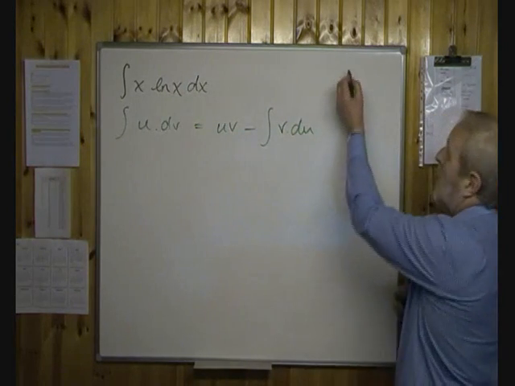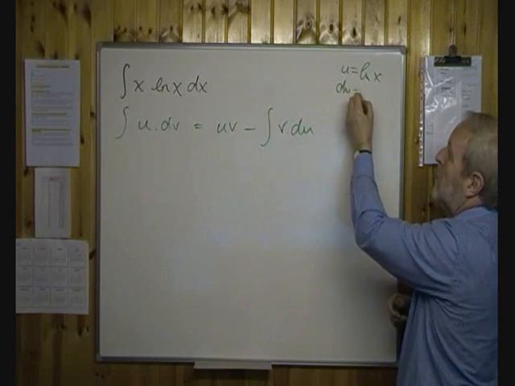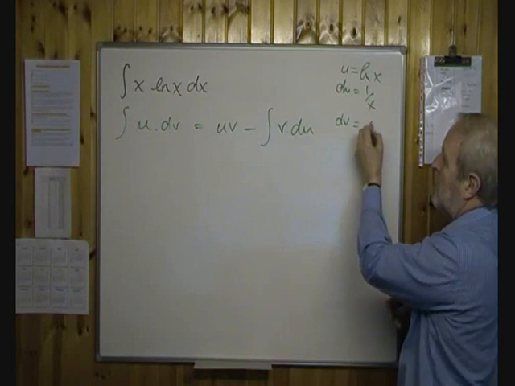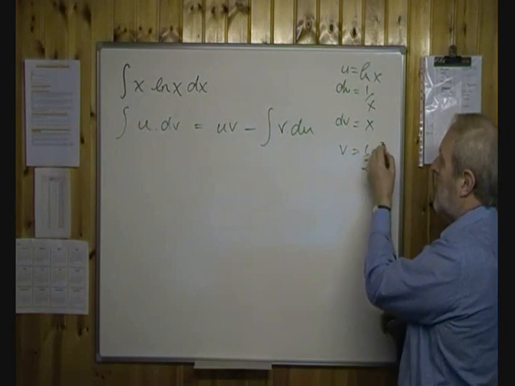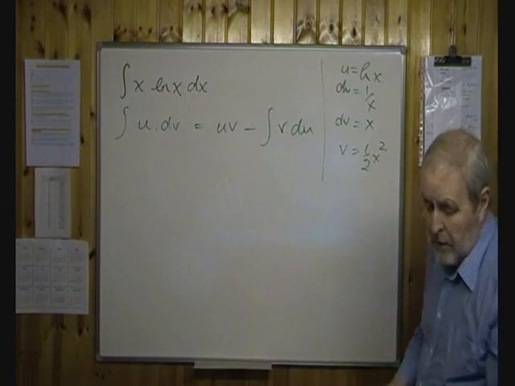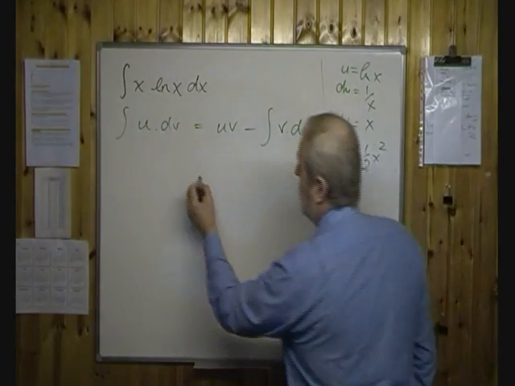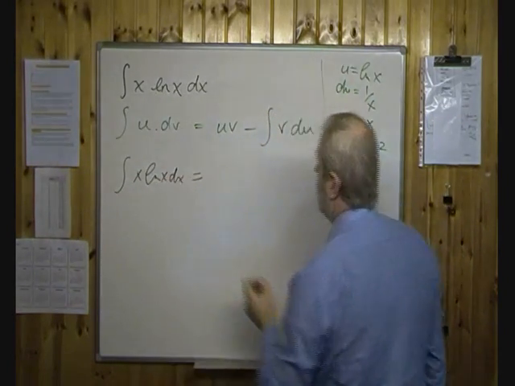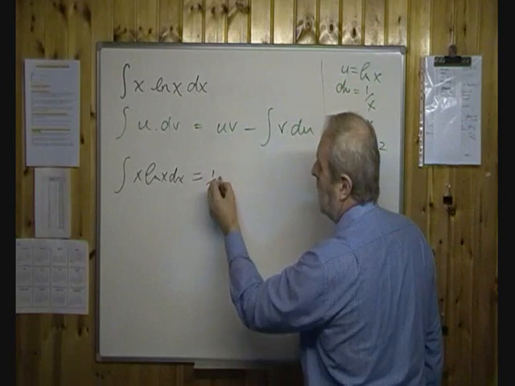So we let u equal log x, so du will be 1 over x, and then the dv must be the x part of that, so v will be a half x squared. I'll put those to one side. Now that means that when we substitute in the formula, we get our original integral, the integral of x log x dx, is equal to uv, which is a half x squared log x,